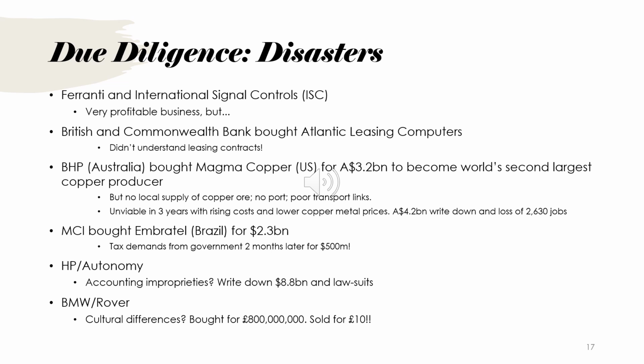British and Commonwealth was quite a nice bank, a small investment bank, and for reasons that I don't understand, they bought an American computer leasing company called Atlantic Leasing Computers. Now this is a good case of them not knowing what they knew. So operating in the UK, they understood the computer leasing business, and essentially there you deliver the contract, if you like, and at the end of the leasing period you receive payment. What they hadn't realised was in America it's completely the other way around. You receive payment up front, then you deliver on the contracts.